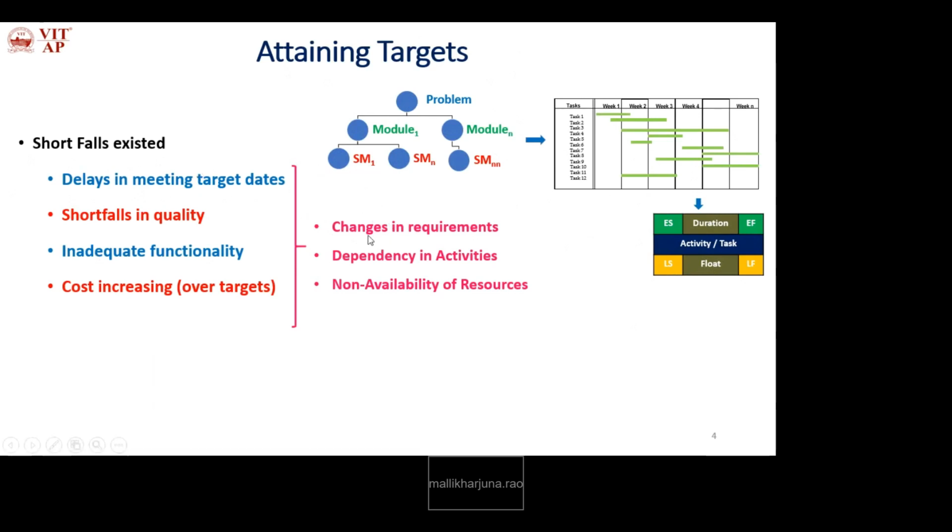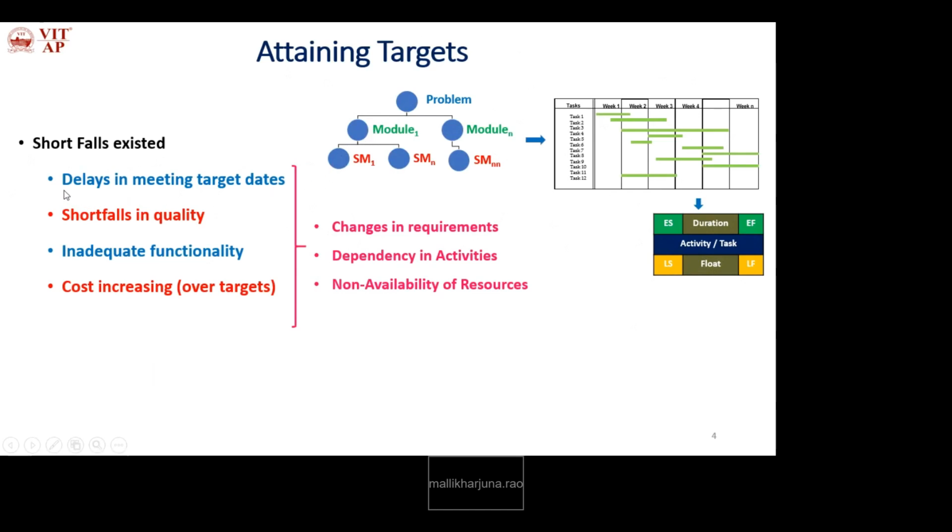So when the client suggests changes, we have to accommodate them. Already we have the schedule. When we try to incorporate the changes in the schedule, definitely some overlap occurs between the activities. So there is a possibility of critical activities, and it's not easy to finish the project by the given deadline. Not only the project, but also all the internal project products, called project deliverables.